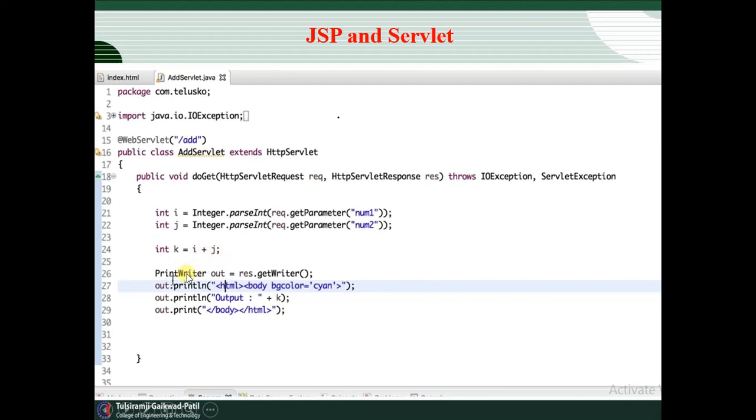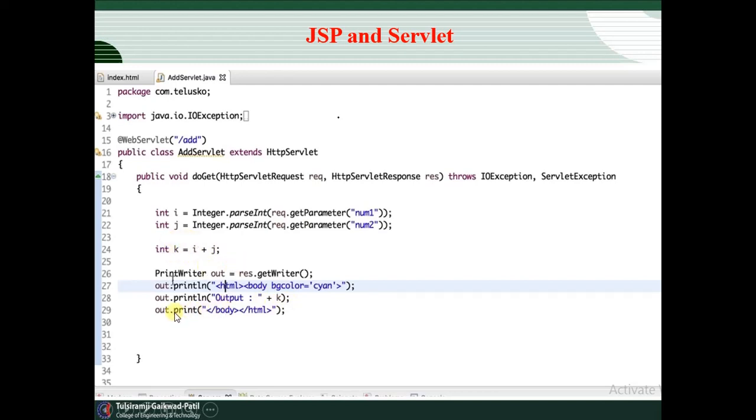Again we require to create the out object, because we need to print. PrintWriter out equals res.getWriter(), with opening and closing braces. Now we need to color that page, so we use out.println with html body bgcolor equals cyan. Then we need to print the output, so we use out.println, and here we put the value of k using an expression.